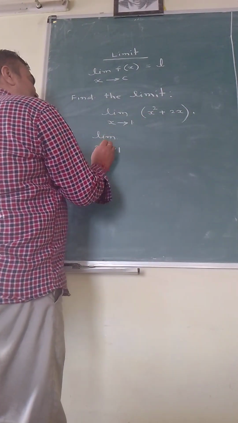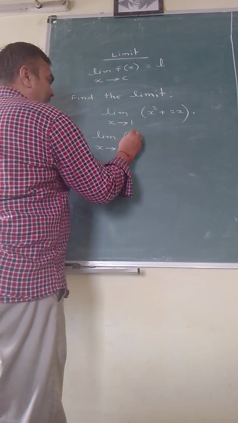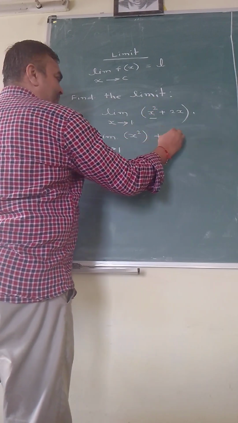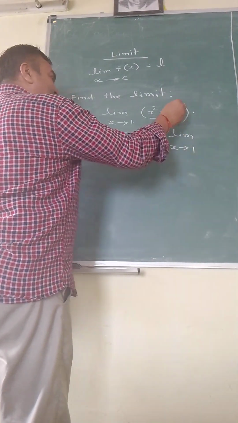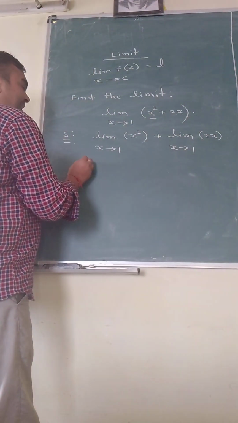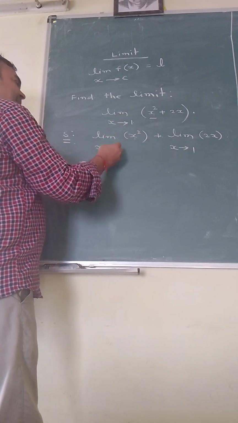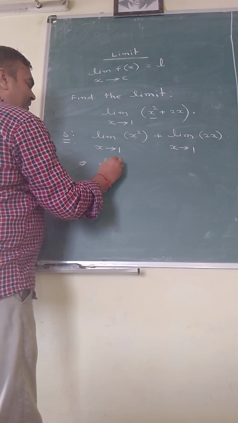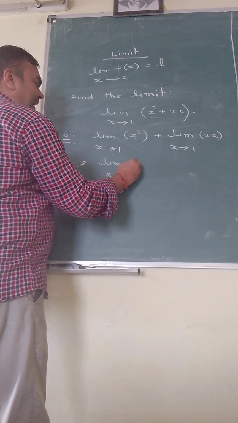Then the limit as x approaches 1 of x squared, the first term. Then the limit as x approaches 1 of the second term. What do you mean by this? Power rule. Power rule means, very simply, we can define the power rule, or the limit as x approaches 1 of x